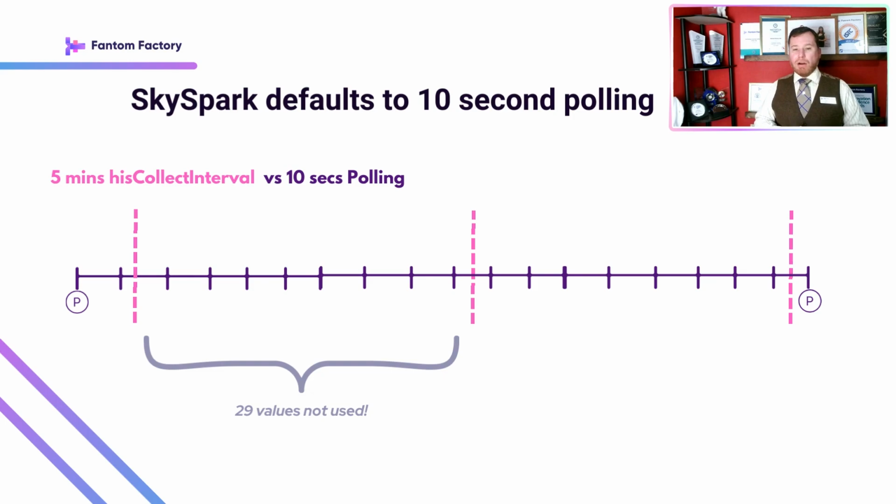Here's an example with some real values. Let's say our polling interval is 10 seconds. And why not? That is the SkySpark default after all. And 10 seconds is great for when we're eyeballing these current values in the Monitor app, because we can see the values update in real time, we know the connector's working well, and everything's great. But it's not so good for resource hogging, because if we have a hisCollect interval of 5 minutes, then for every 30 current values that we've collected, we only save one of those, and the other 29 are just discarded.